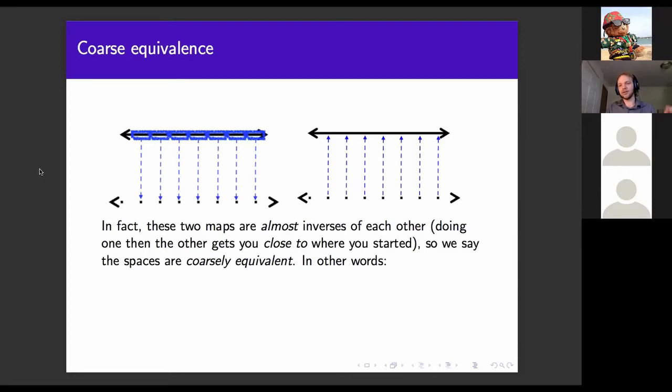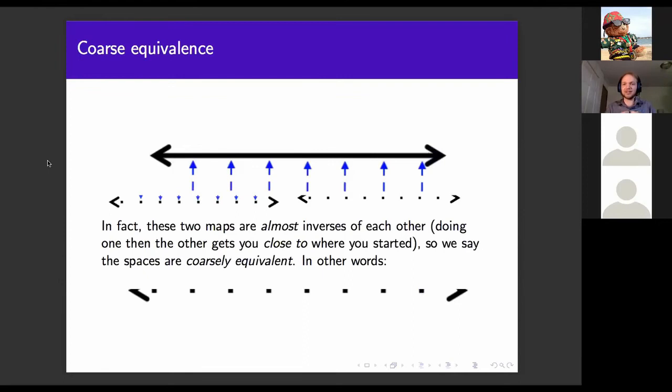And this is the condition that we require to say that these two spaces are coarsely equivalent. The top space and the bottom space are coarsely equivalent. In other words, they are the same space, according to a coarse geometer, for example, me. All right? And so now we sort of understand why these two different perspectives exist, because each of them has a different idea about what a map is between spaces. One of them says continuous, you can stretch as much as you like, but don't break. The other one says you can break it a little bit, just don't stretch it too much. And you get different notions out of this.